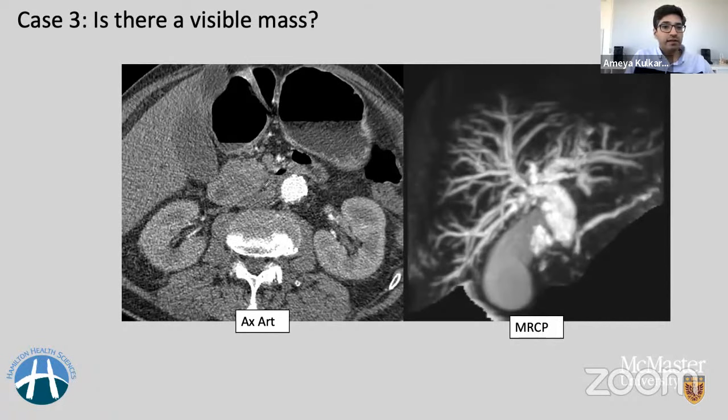So this is another case here, case number 3. I know that it's a little bit hard on your screen to look at the tumor, but again, start by asking yourself this question: is there a visible mass, yes or no? I just provided this MRCP image because this patient unfortunately went that route. They had an ultrasound which showed biliary dilatation, and they decided that the patient has to undergo an MRCP to assess that. We did the MRCP, and then again, we were kind of left with a mass in the